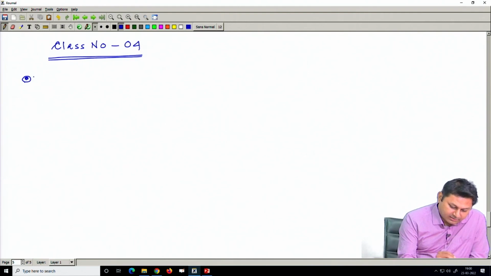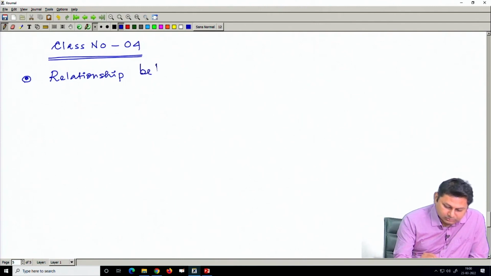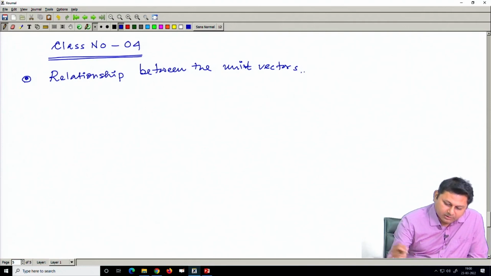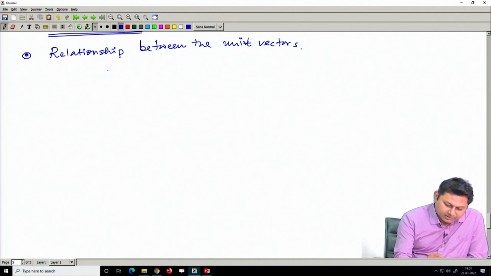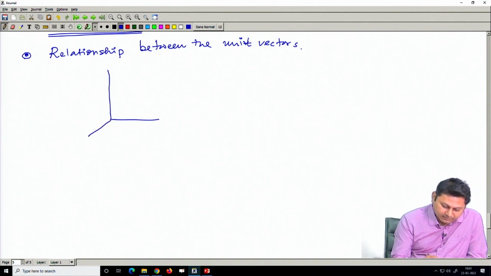Last day I mentioned that unit vectors, because in the Cartesian coordinate system we have, say, this is my Cartesian coordinate system,